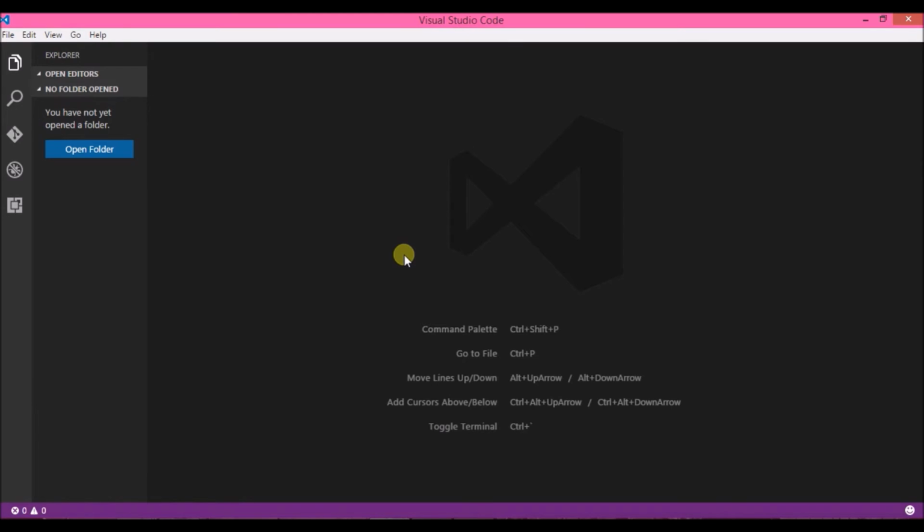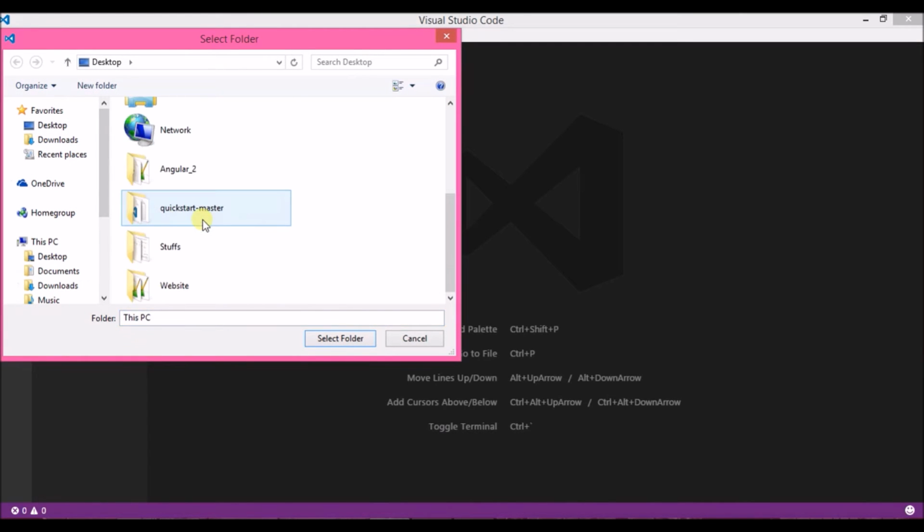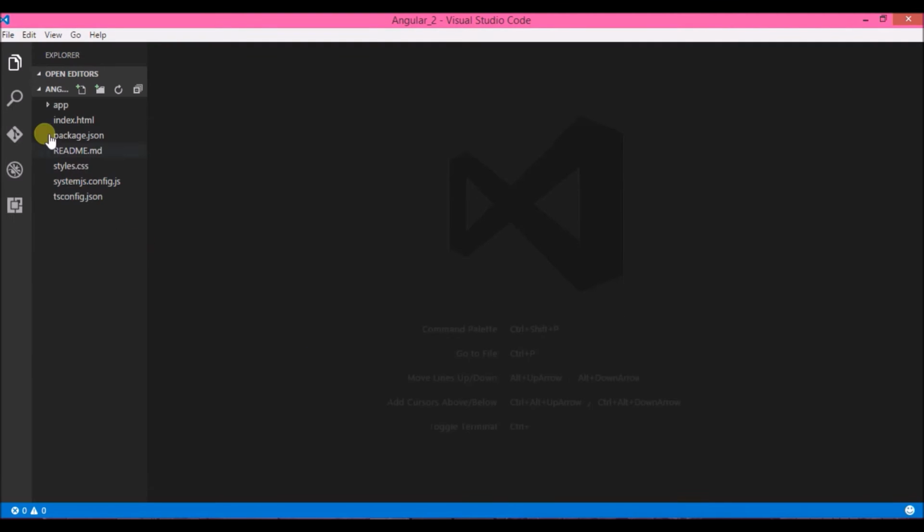So guys, this is my Visual Studio. And here you'll get an option of open folder. So what you'll do is go to the desktop where you have saved your Angular 2 folder, the one I created, then click on it and select folder. And the moment you do that, you'll find that there are some